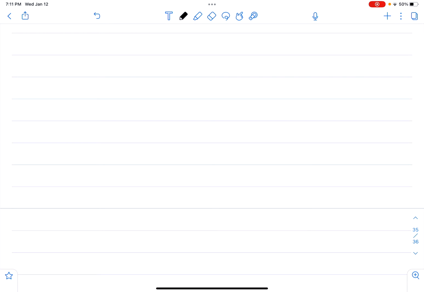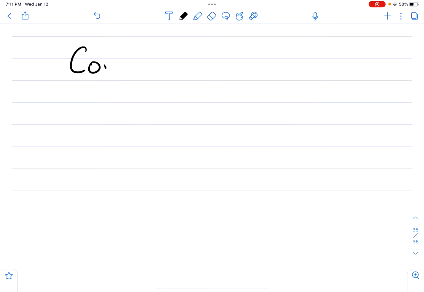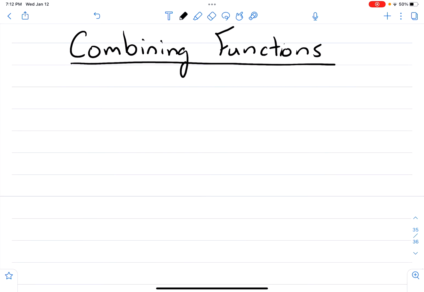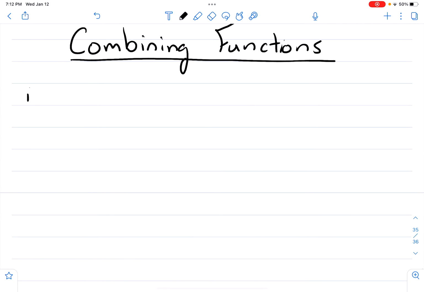So anyway, today we are going to talk about combining functions. Okay, we are going to be combining functions. All right, and there's two ways to combine functions. And so we're going to start with the easier one, and then we'll get to the little bit more complicated one. The first way of combining functions, so for number one, is by sums,